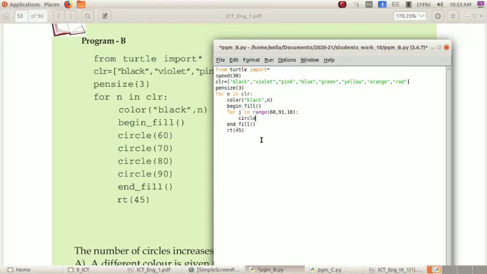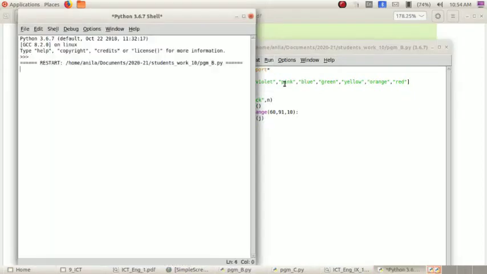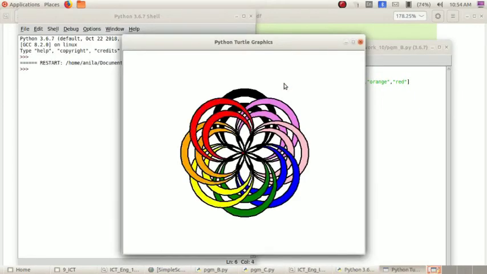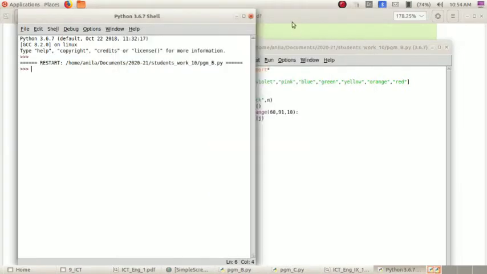Circle of, give the variable, circle of j. Now save it and run it. See, now also we get the same output.